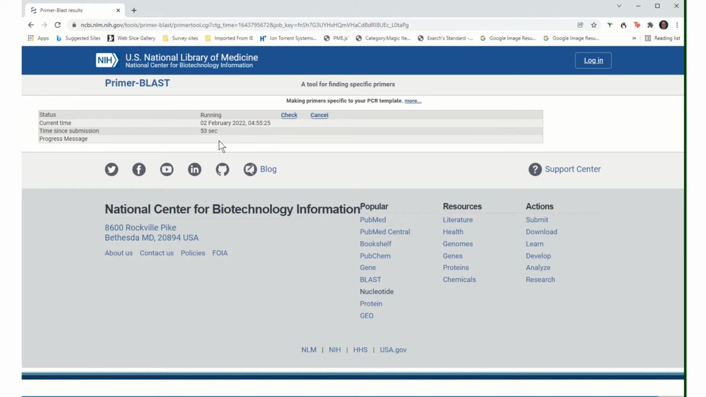It will tell you as it progresses the time since your submission, so you can check how long it's taken for your primers to be generated. And that will keep coming up there. And we're just going to sit and wait for our primers to be generated. It's been 74 seconds now. And what we're looking for is a forward primer sequence and a reverse primer sequence to come out of this